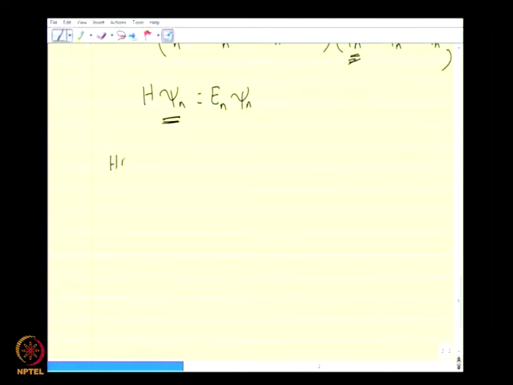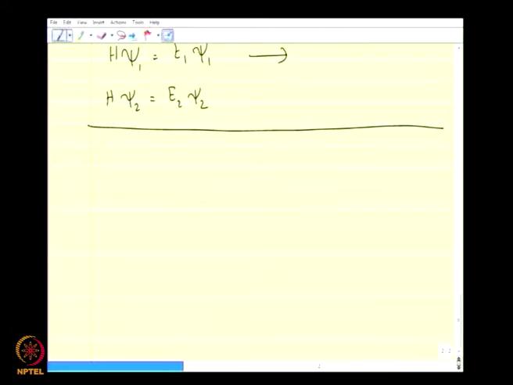Though this is symbolically n, this is essentially H psi 1 is equal to E1 psi 1. So we have to solve a set of equations for psi 1 and obtain E1, again many terms. H of psi 2 is equal to E2 of psi 2. Therefore, if we have pictorially,